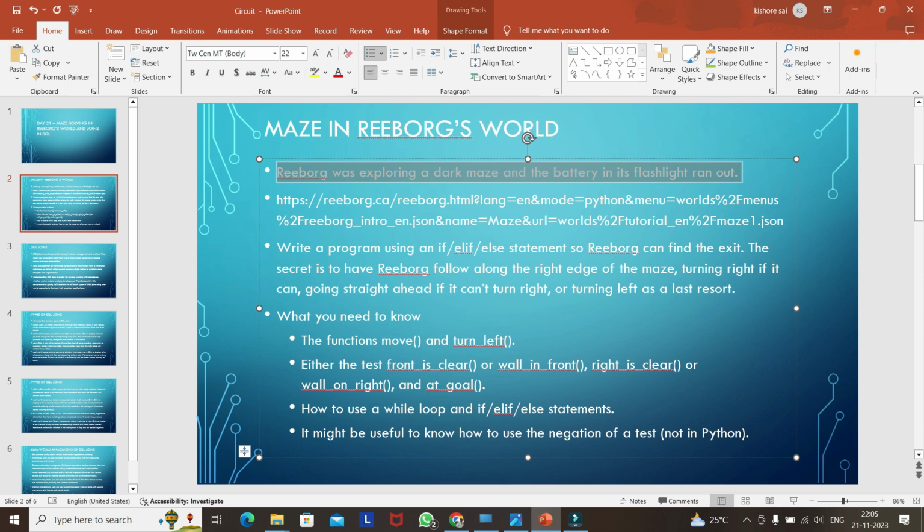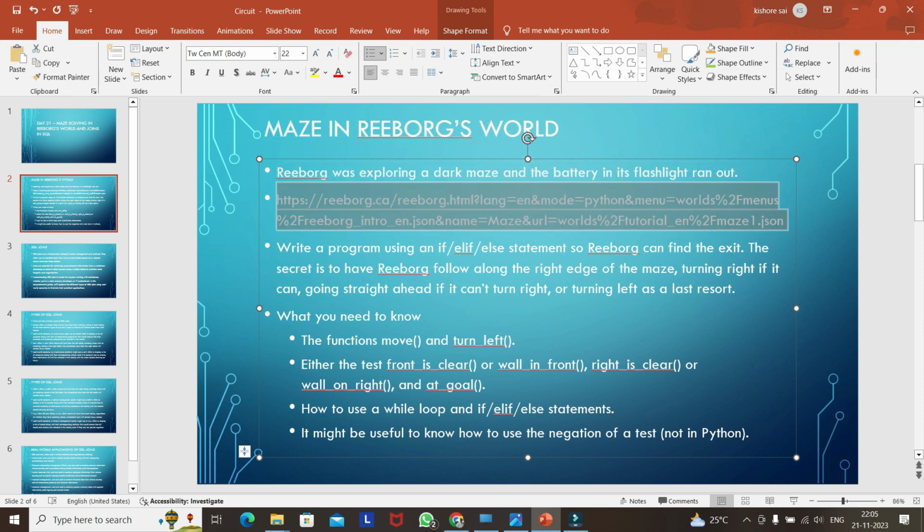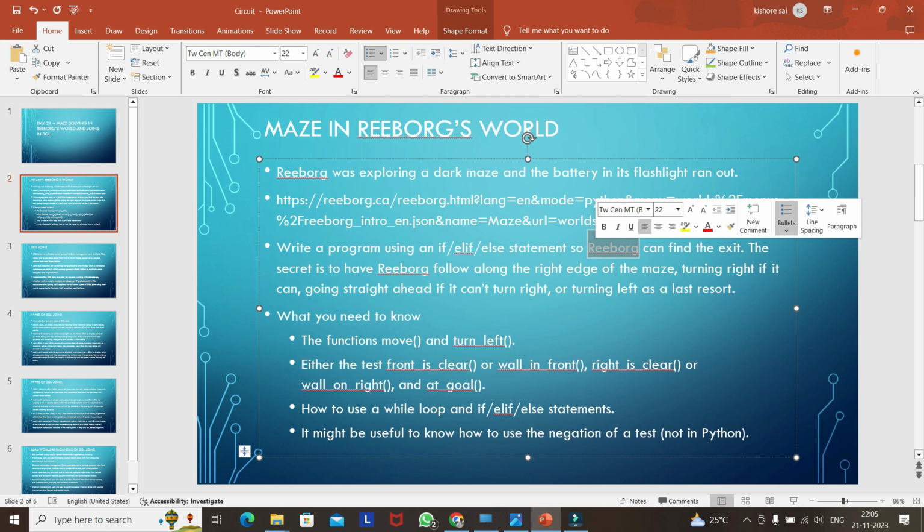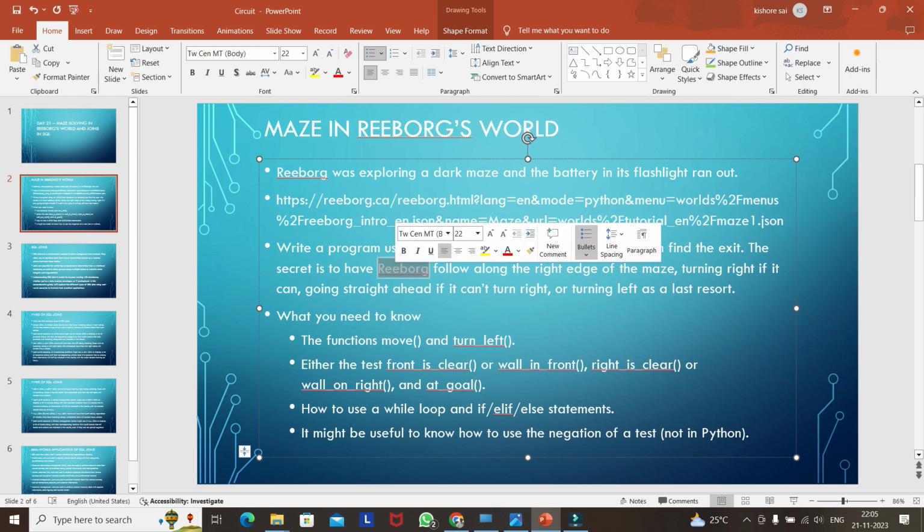Here is a link where we can access that. They are saying to use if else statements so that Reeborg can find the exit from the maze. The idea is to have Reeborg follow along the right side of the maze, turning right if it can, and going straight if it cannot turn right. Or we have to check whether it can turn right or turn left,